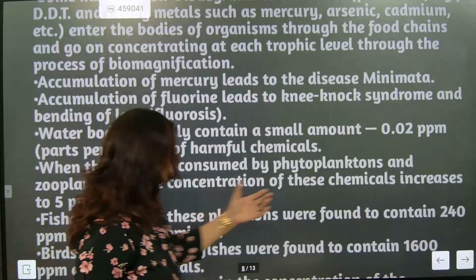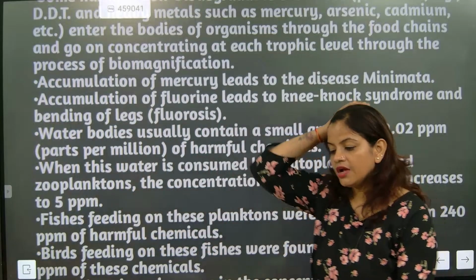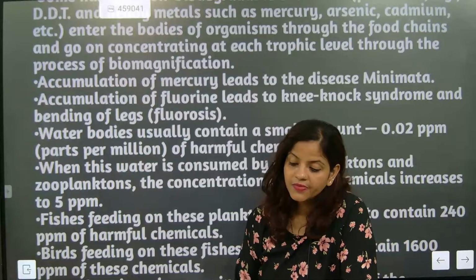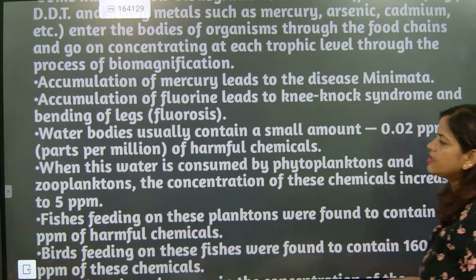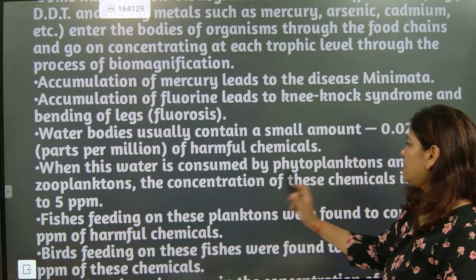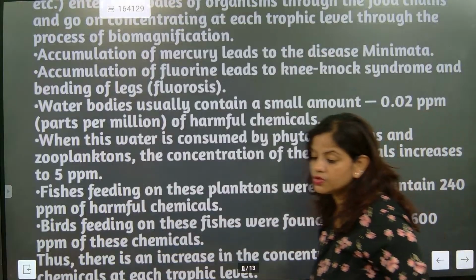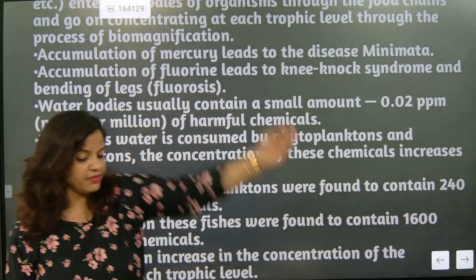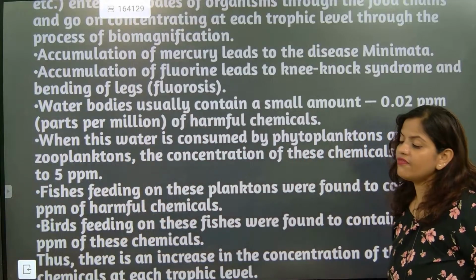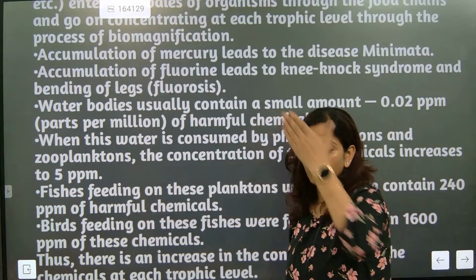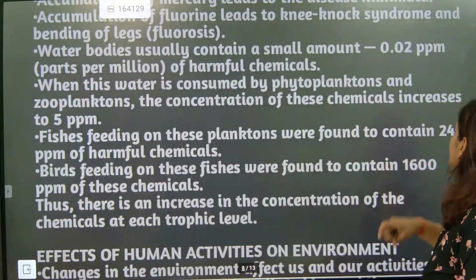When this water is consumed by phytoplankton, these phytoplanktons will be utilizing this water. Because phytoplanktons live in the aquatic system, and the water got damaged because of this chemical, it will be taken by whom? Phytoplanktons and zooplanktons. The concentration of these chemicals increases, because if those organisms who have taken it are eaten by any other organism, that organism will get this toxic content, because you have provided DDT from all the levels. Okay, so fish feeding on this plankton were found to contain